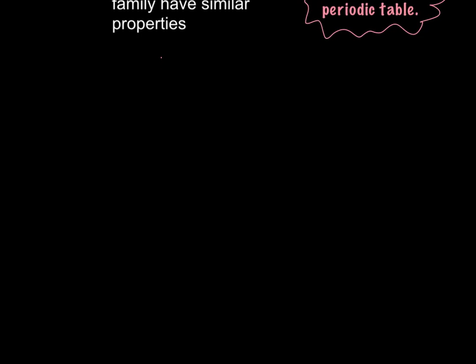Okay, now we're going to talk about valence electrons. Okay, so valence electrons are electrons in the outermost shell of the atom. So if we're making Bohr models with rings or orbitals around the nucleus, the valence electrons are going to be the electrons in the outermost shell. So for instance, if I were to make a Bohr model of lithium,